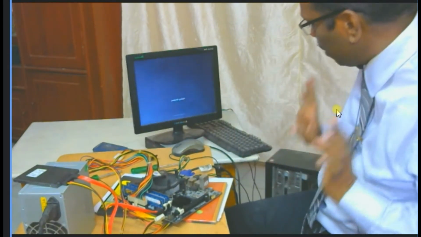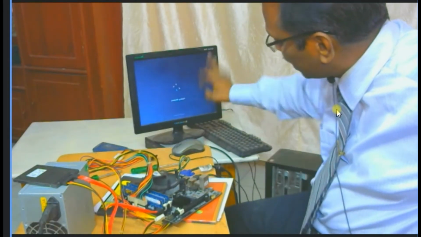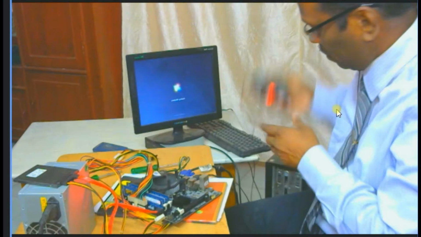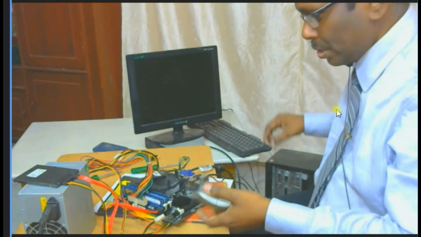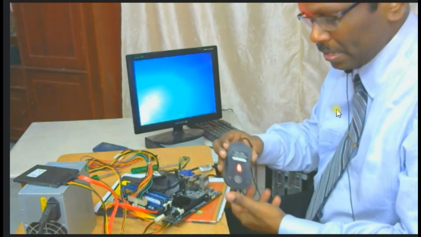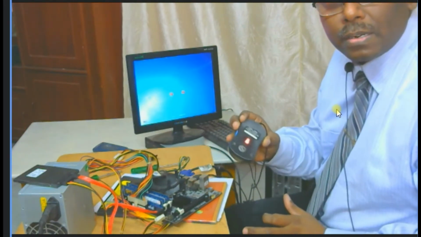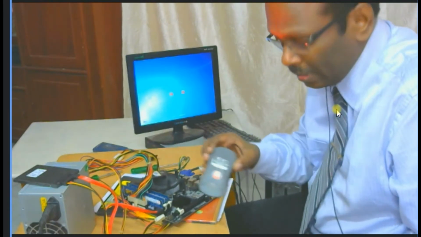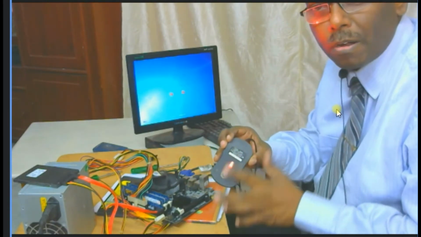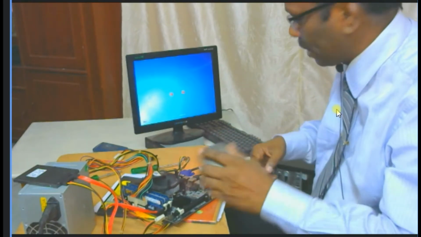Now you should see. Yes, it has inserted and it has already detected the keyboard and started on its own. So the mouse also should start. You see this one, the red light has started now. That means the mouse is detected. This is infrared basically. The light will help you with the number of pulses which you rotate, and based on that, it rotates.